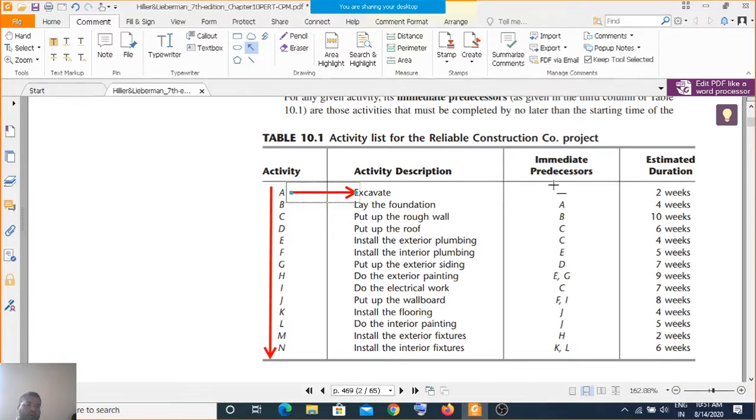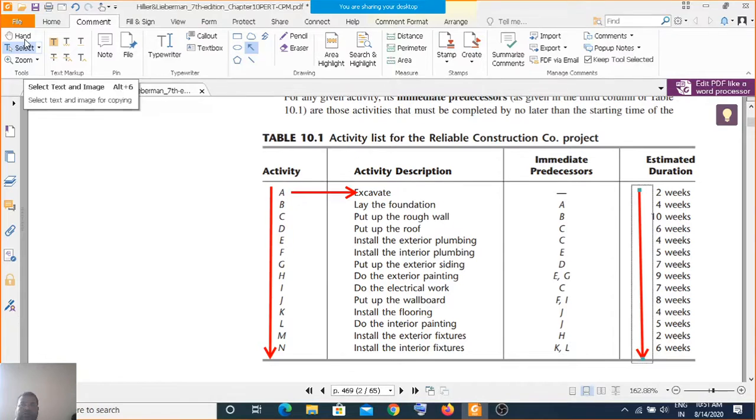The time required to complete each activity is given. If you sum up all these timings in weeks, you will find the time required is quite a bit larger than 47 weeks. So this is a simple table.